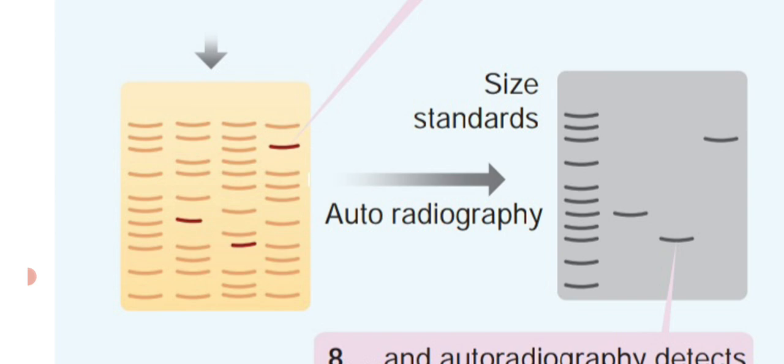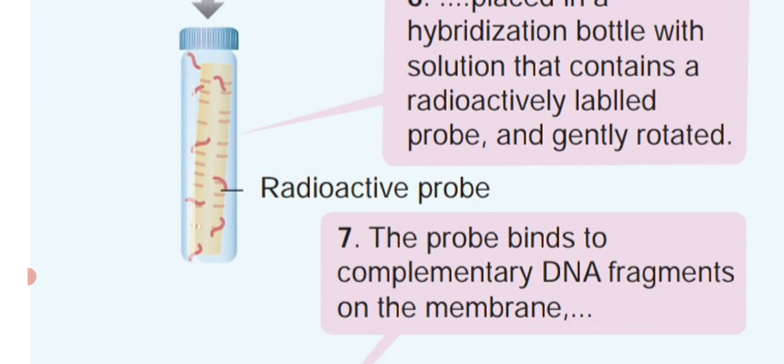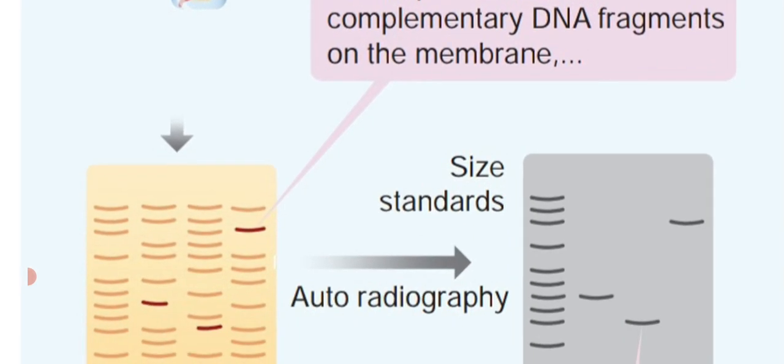Now, they are applying autoradiography. What is the autoradiography technique? They are separating the DNA by the application of emulsion or emitting of light. It separates the DNA fragments. See the diagram. The yellow color shows the hybridization process using the radioactivity labeled probe.